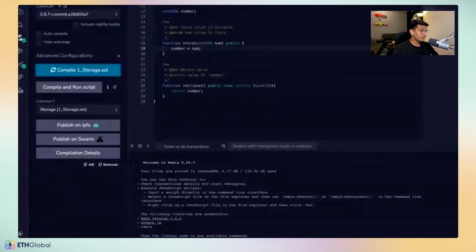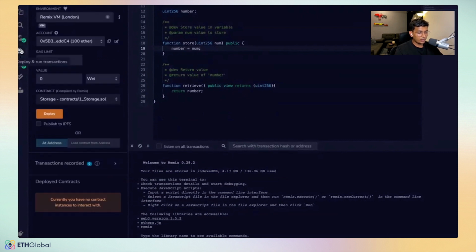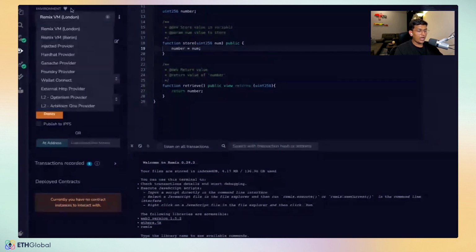Now that we have compiled a smart contract, we can deploy it on Mantle testnet. For that, we are going to click on the deploy and run transactions icon on the icon panel. Cool. And also this is pretty important. You need to click on, let me just